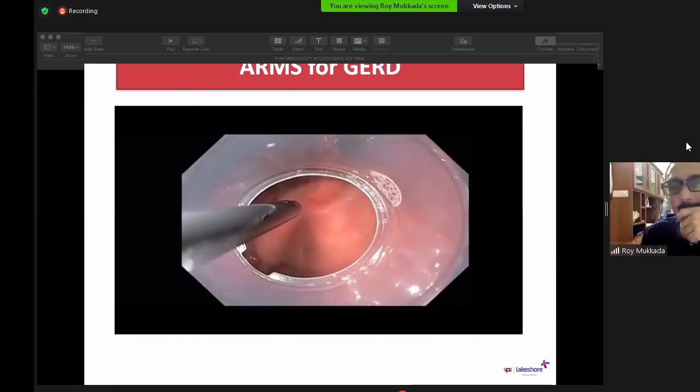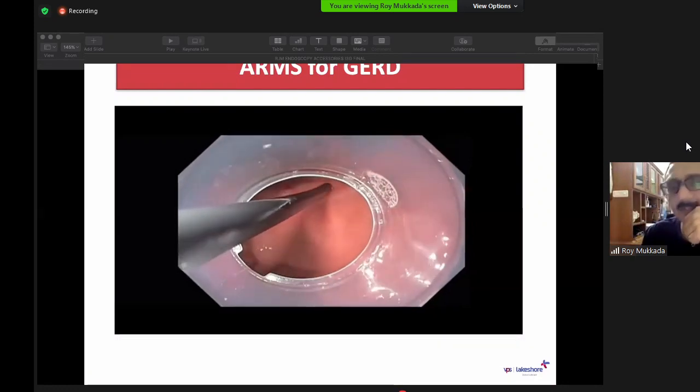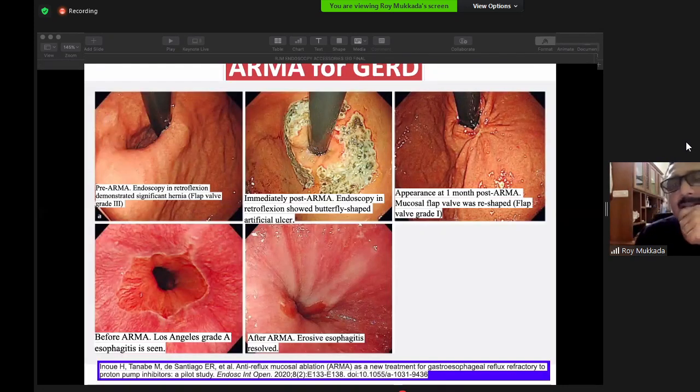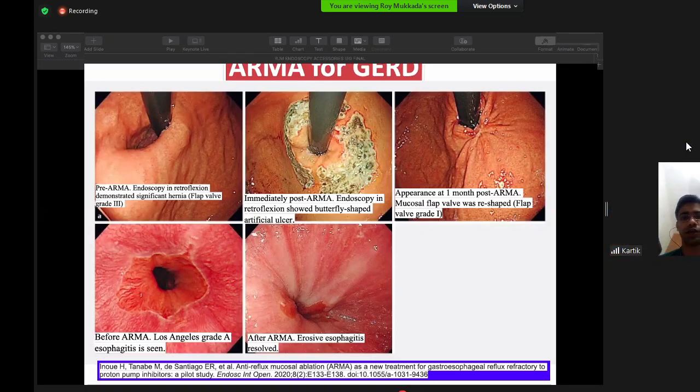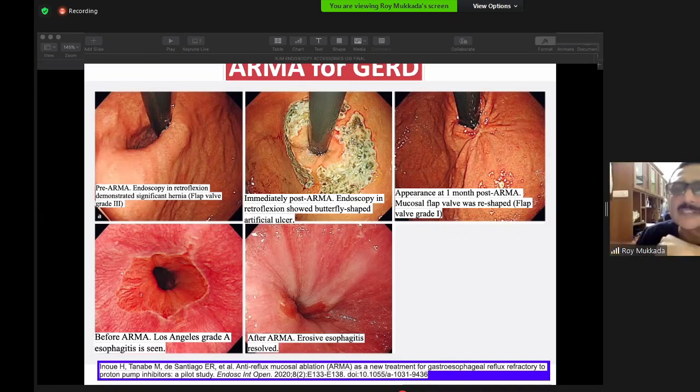What are the complications of this procedure? Sir, the procedure-related complications: selection of the right patient, sir. Types A and B of Hill's classification will respond. C and D, they don't respond that well. Second is bleeding, perforation, and if we go beyond 2/3, 3/4 of the entire circumference, it can lead to dysphagia as well, sir. Yes, you can develop a stricture. If you develop a stricture, what will you do?